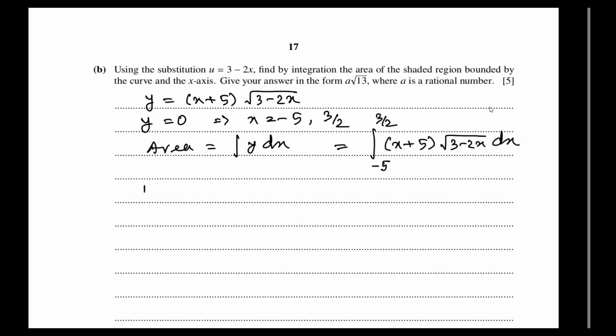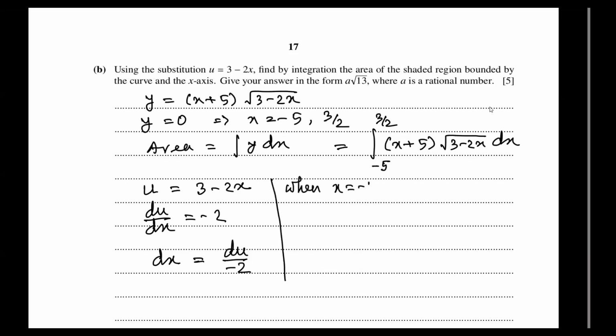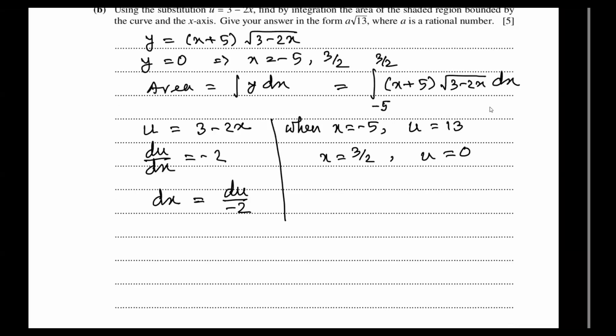Now you have to use the substitution. u equal to 3 minus twice x. Then du by dx becomes minus 2. So dx is equivalent to du by minus 2. Now, to change the limits, when x equal to minus 5, u becomes 13, and when x equal to 3 by 2, u becomes 0. So the area